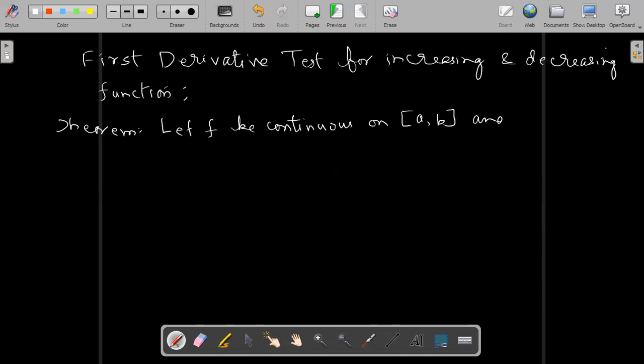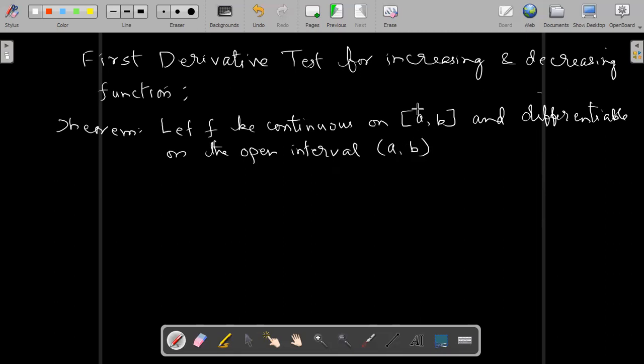And it is also differentiable in the open interval. Differentiable is always on the open interval. Open interval means A and B are not included. The closed interval, A and B are included. Open interval, A and B are not included. Then